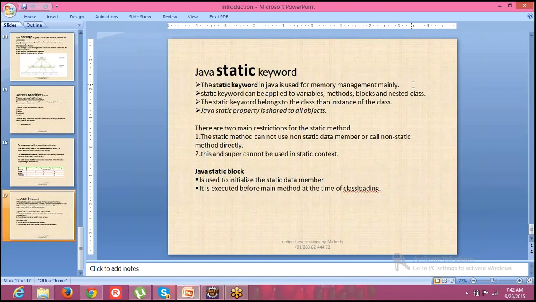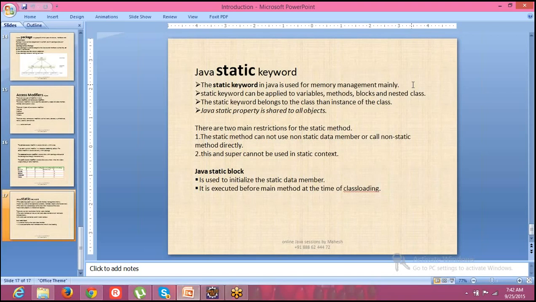Yes. Whenever you face an interview on Java, you will definitely be asked this question: can we have static constructors? Either you will say yes or no, and you have to justify your answer. That we are going to learn through a program. Don't worry for now, I'll be explaining.